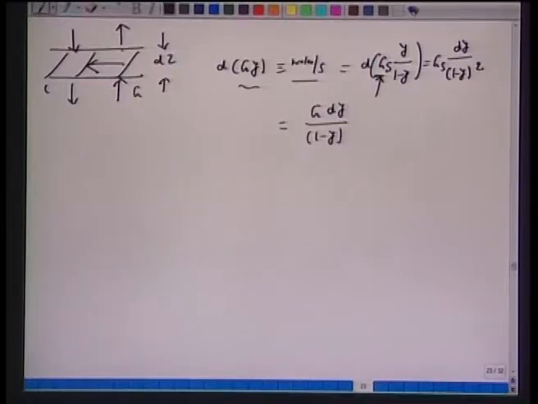Let us go over once again. In 1 second, so many moles of sulfur dioxide change across this dz. Why? It is getting absorbed in water. So, dGy equals d(Gs y/(1 minus y)). Gs is constant and does not change along the column; it is outside the differential. You obtain Gs dy over (1 minus y) squared. You can go back and write Gs over (1 minus y) as G, so we have G dy over (1 minus y). That is the species balance we have made in the gas phase.